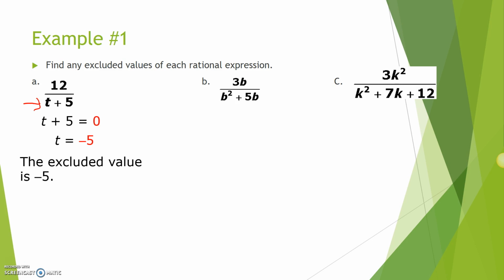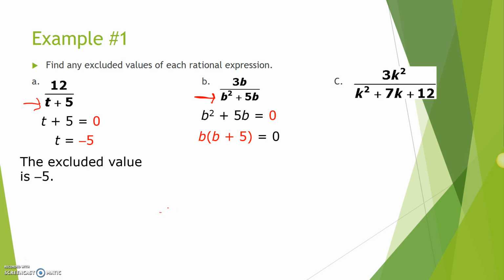But let's look at b here. What we have is 3b over b squared plus 5b. Again, to find our excluded values, we're going to be looking at the denominator, and we're going to be setting this b squared plus 5b equal to 0. So there we have b squared plus 5b equals 0. Then we're going to look at this and say, is there a variable here that we can pull out? And there is. We can pull out a b because we have b squared plus 5b. If we pull out a b, what we have left in the parentheses is b plus 5